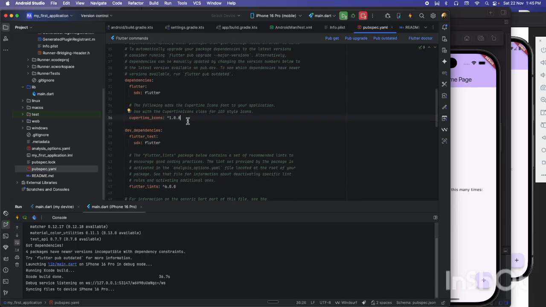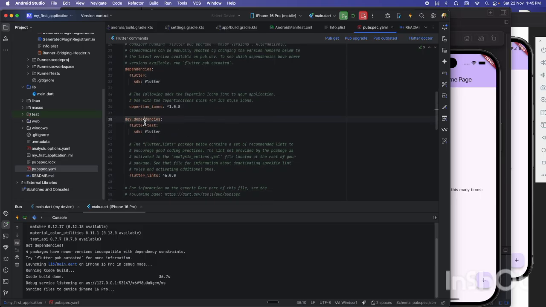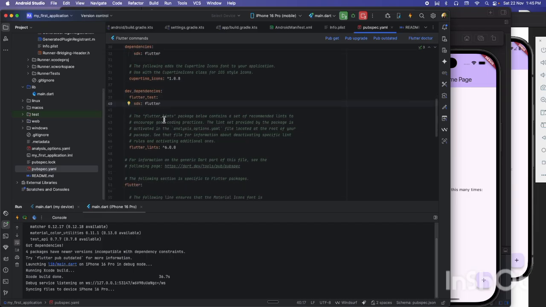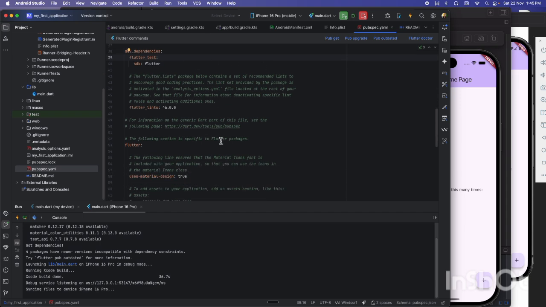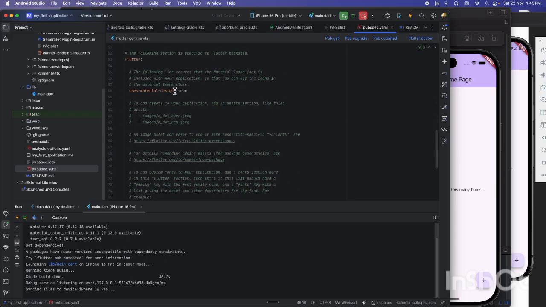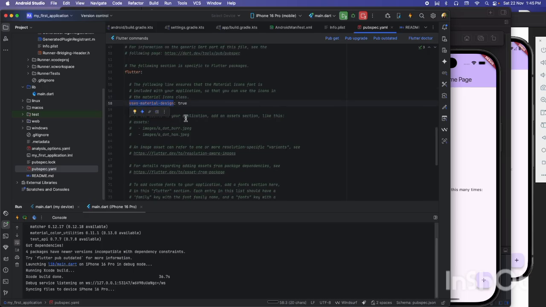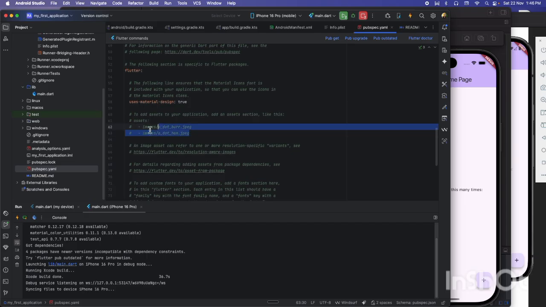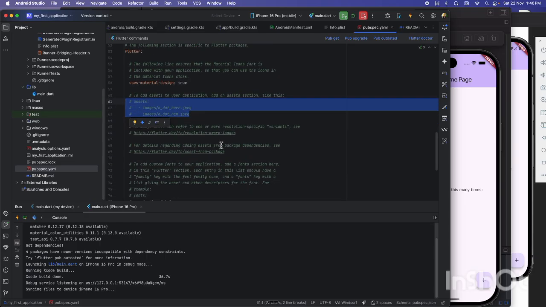Here you can add all the packages you want, and this is for developers. If you want to add a package only for the development phase, you can add it here. This is the Material Design which Flutter follows, and Flutter has awesome UI effects and colors and all. Here you can define your assets,